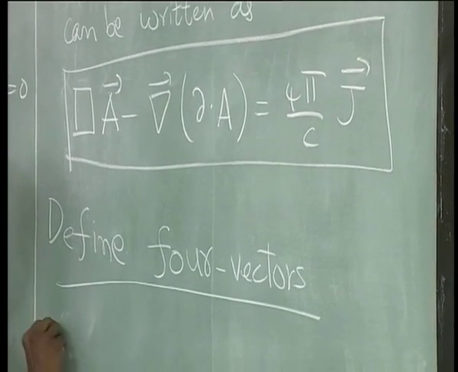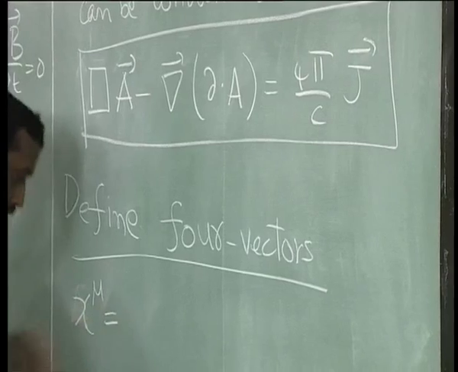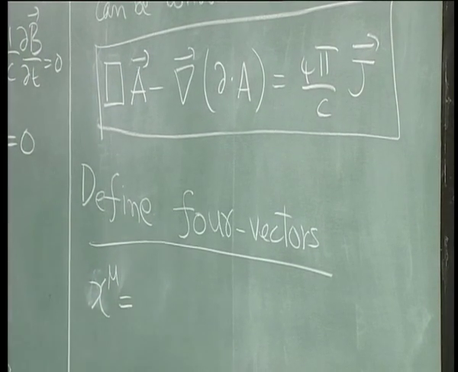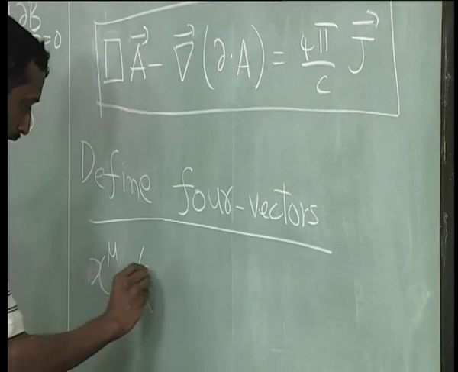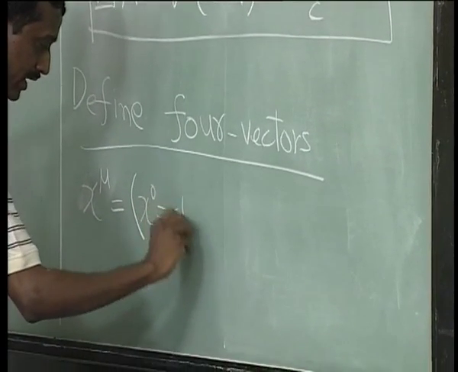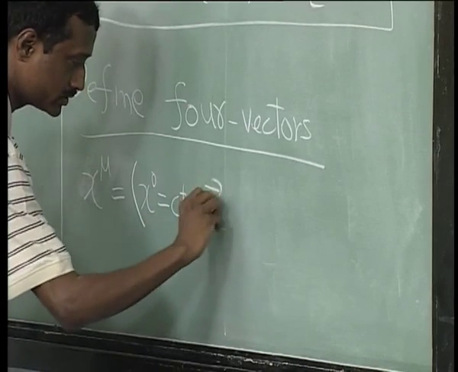So, the first 4 vector is x mu, it joins the space and time coordinate, and that is x 0, which we already defined last lecture. It was c times t, and the other one is just